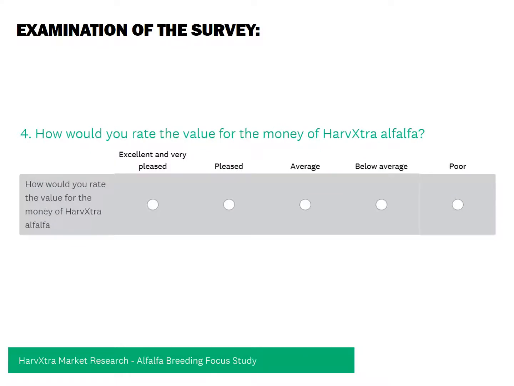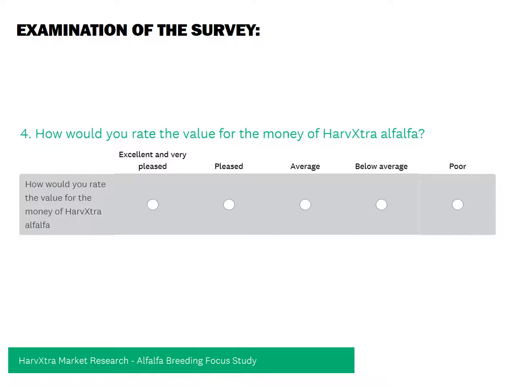How would you rate the value for the money? This is hands down on a per acre basis the most expensive alfalfa package to plant. Conventional alfalfas run about $12 an acre, where this is upwards of $48 an acre. So we want to make sure that, based off the other one, they understand the entire technological package that this is allowing them, and then also making sure,